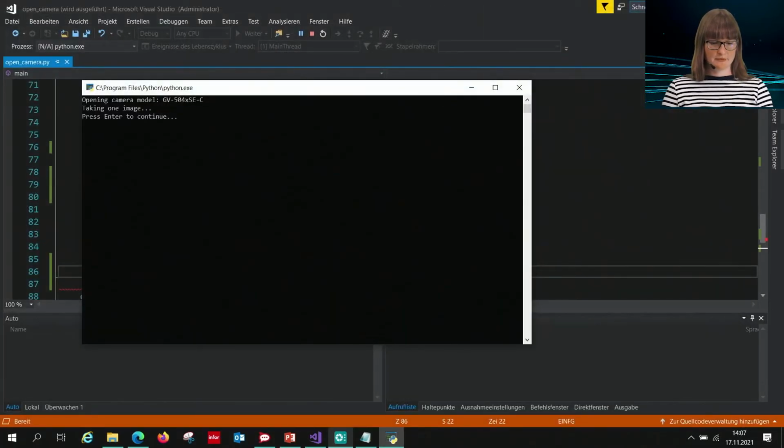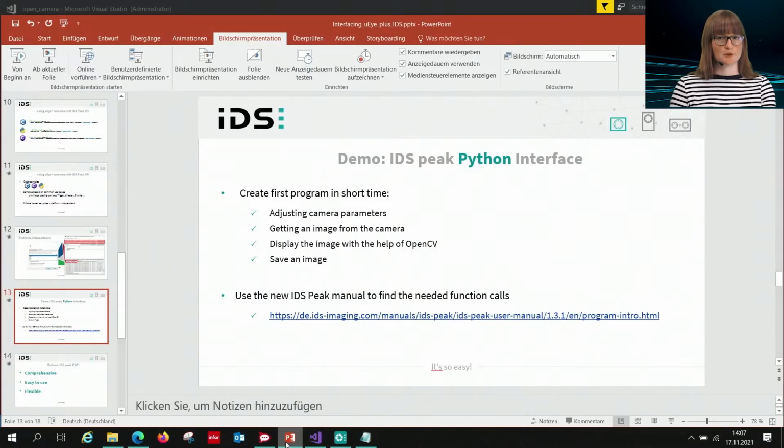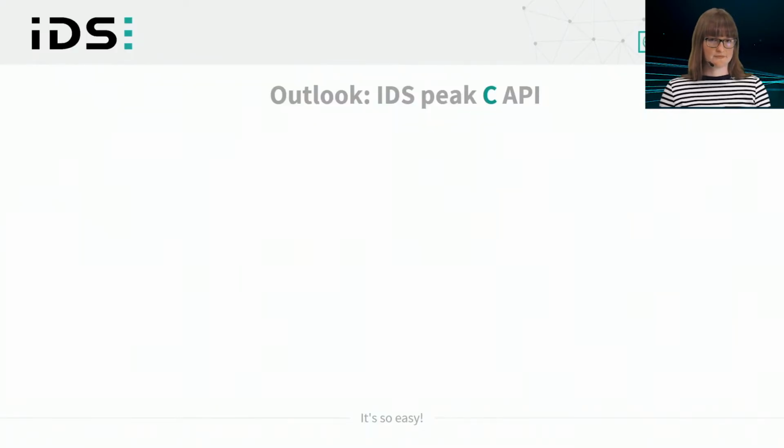So let's close the program and go back to the slides, because there's one more thing I want to show to you. With the next version of IDS-Peak, we will introduce a C API, which will complement the existing C++, C#, and Python API.